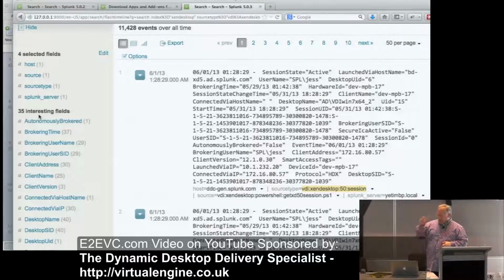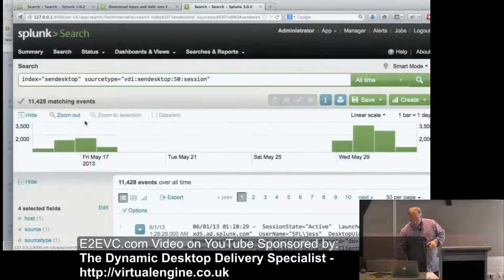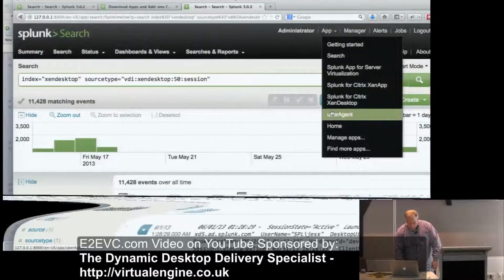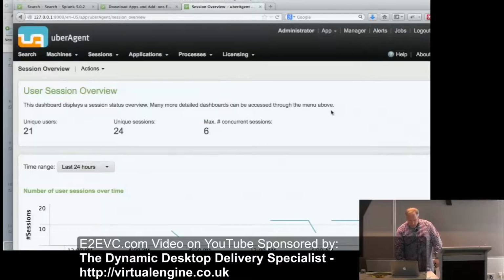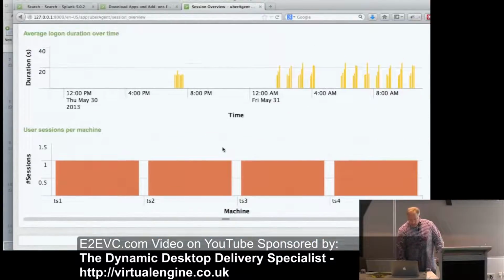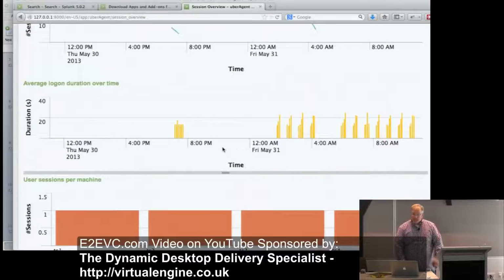But the third component is what I was saying before, which allows you to visualize these things. So you can get that kind of data, those fields and those data extractions, and then convert them into graphs. Really cool looking graphs, although you can't really see these very much either. But if you want to do something like application detail, you can see this is a table up here, but then it has pie charts and line graphs and all that kind of stuff.